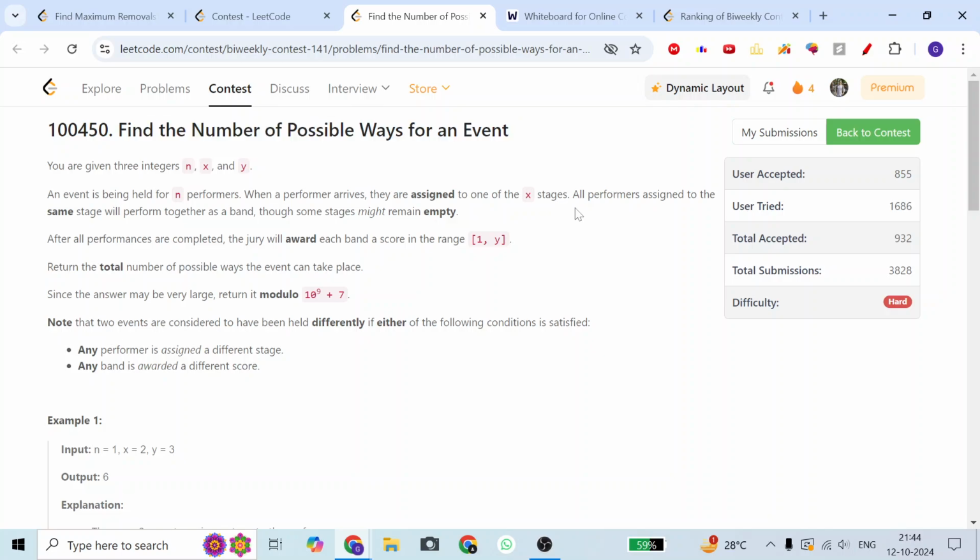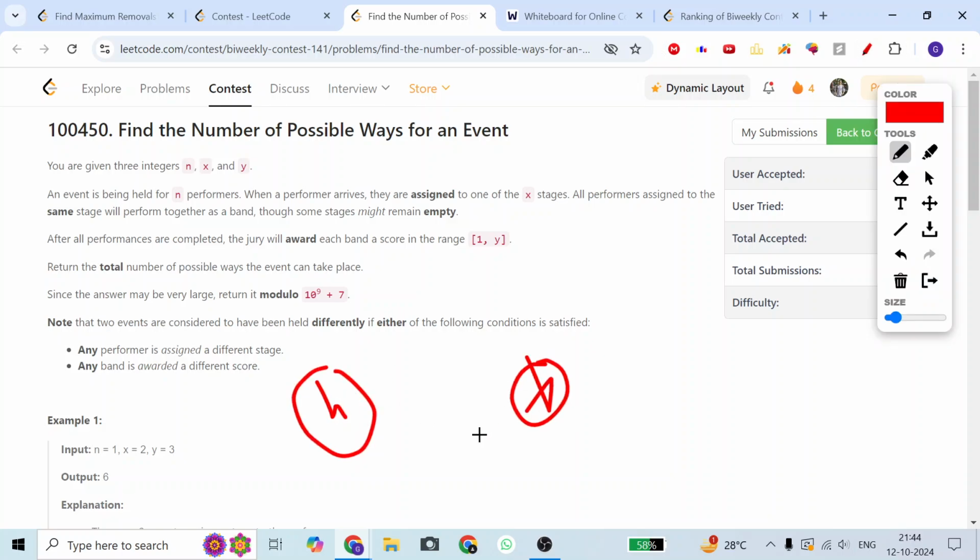Okay, so let's move on to the problem, guys. Basically we are given three integers n, x and y. Now an event is being held for n performers. Like basically what is given in the problem statement, we have n performers,